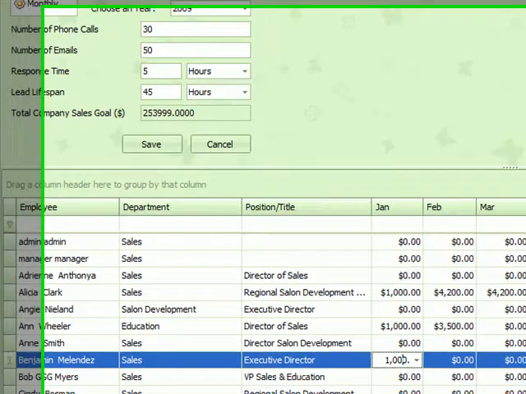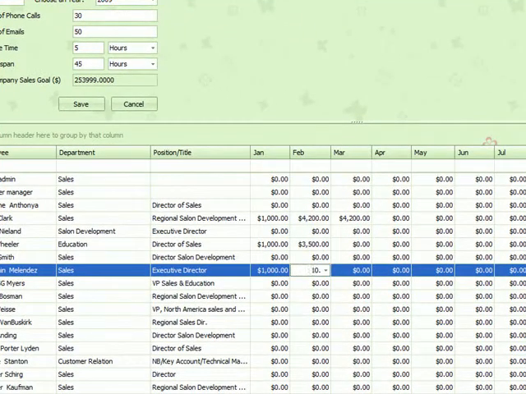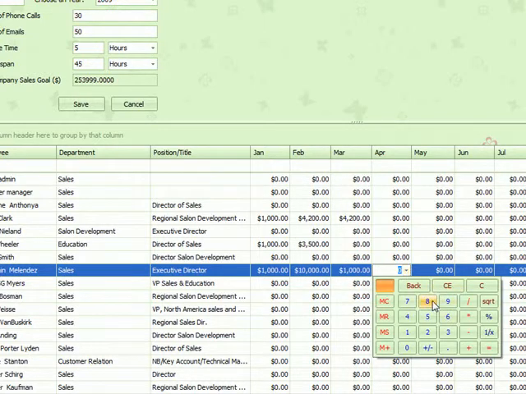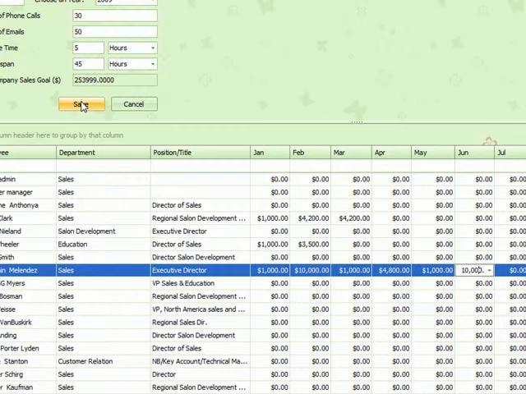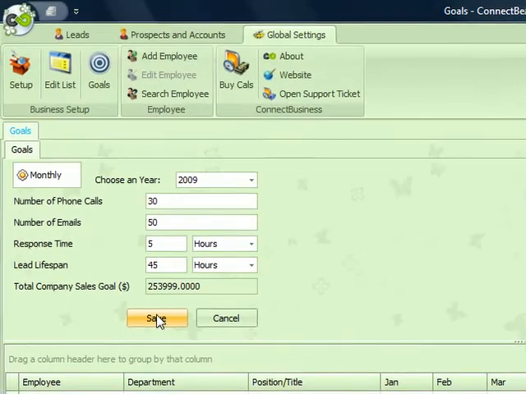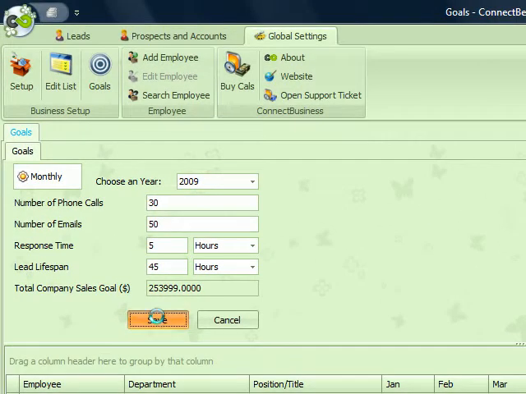You can either key it in or you can use a calculator. And then we're ready to save. ConnectBeauty will summarize the monthly goals into a company-wide goal that we see here. This means that you can set the big picture